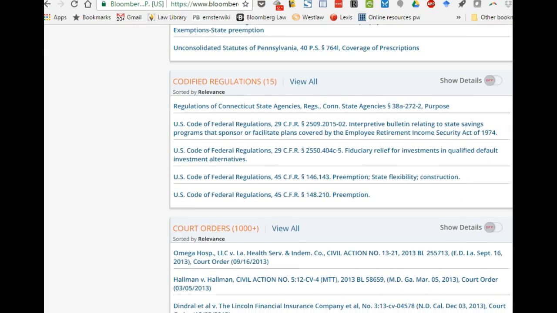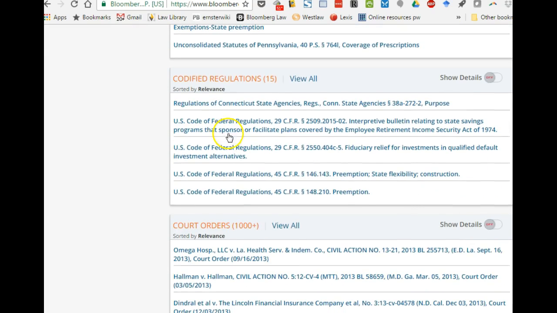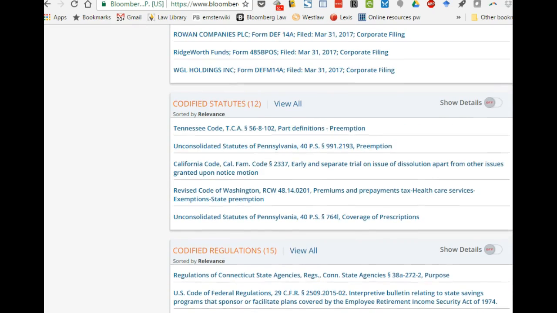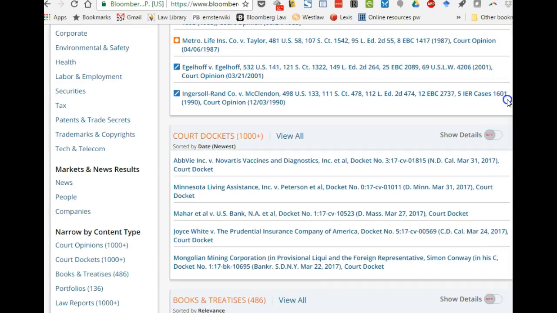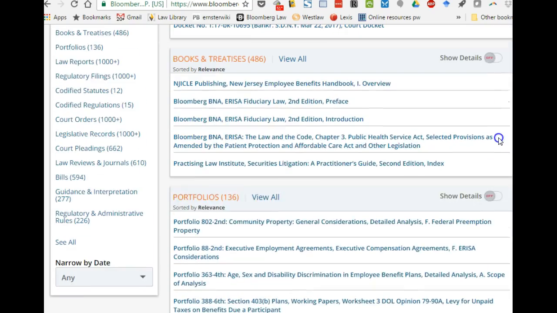I just threw in the words ERISA preemption, and I want to look at statutes, so codified statutes. So I would be curious to see if I narrowed. I don't see either of our federal statutes surfacing, although I'm searching everything, all states. But even if we narrowed,